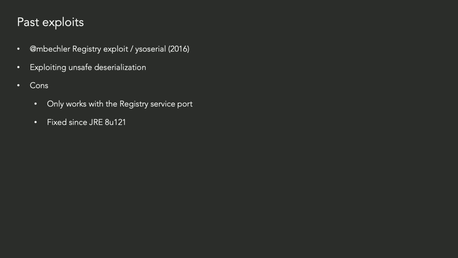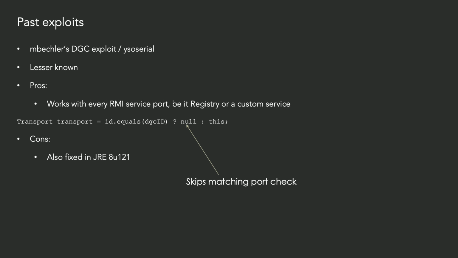There's a downside to the registry exploit in that it only works with the registry and the service port, and it has been fixed since JRE 8u121, which is many years ago, 2017 or something like that. And there's also the DGC exploit, and it's also fixed in JRE 8u121, but it has an upside that it can work with every RMI service port, because you can see in